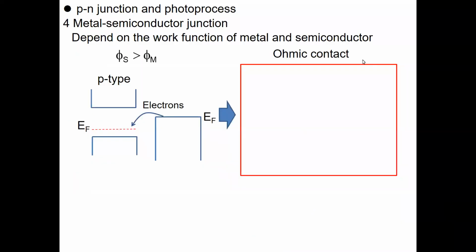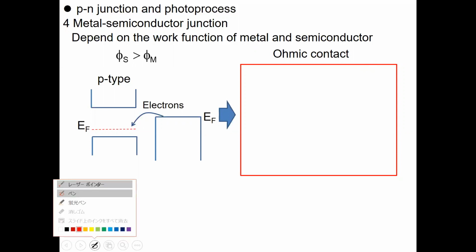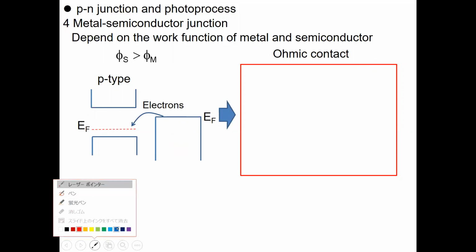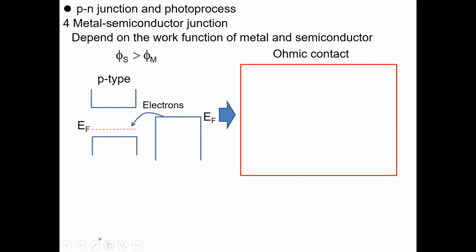Okay, then let's think about when you have a contact between the metals and the semiconductors. First, let's think about the case when the p-type semiconductor and metals are going to have a contact. In most cases, when you think about the vacuum level,